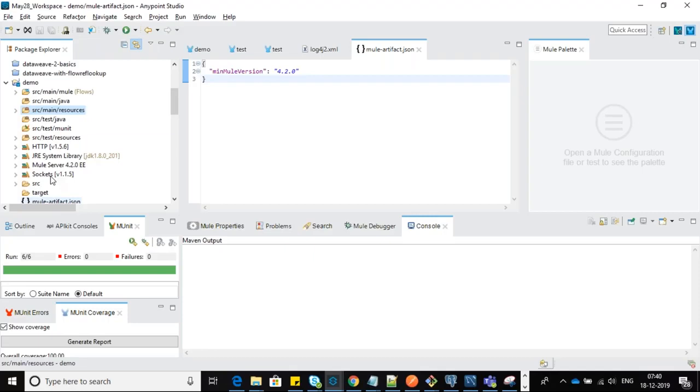Hi Venkat. My question is, suppose we want to create a flow from source to destination. Suppose we receive an XML request and we want to convert it into JSON, deliver it to the target, and talk with the target. What will be the structure for that? How does it work from the code perspective?